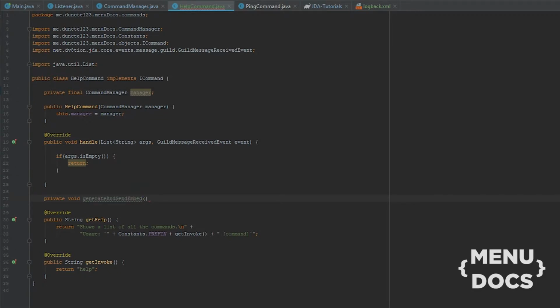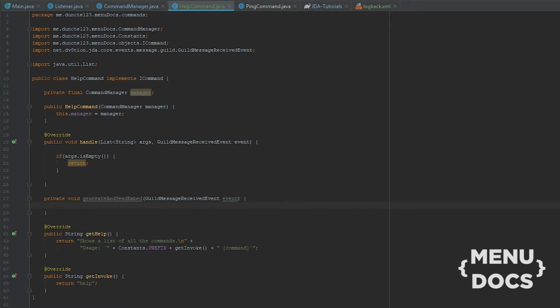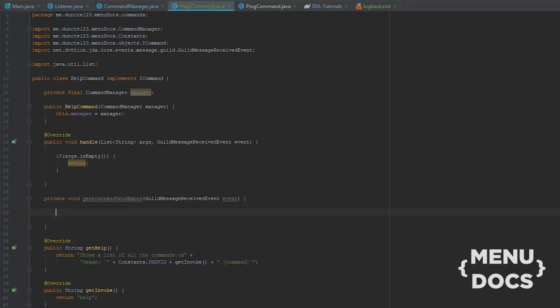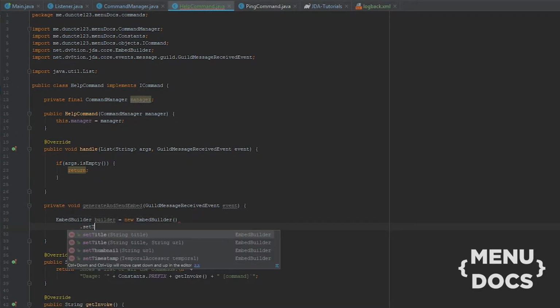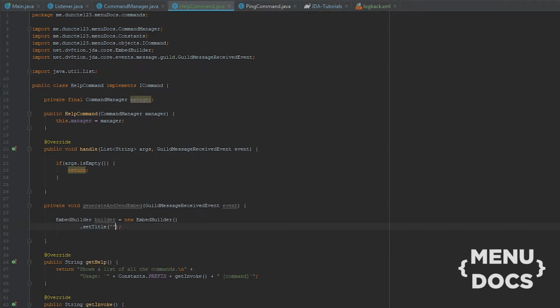And this is gonna take in a GuildMessageReceivedEvent. And you see me type the word embed over here because we're not gonna use a normal text message. We're gonna build a rich embed for this. To send embeds with JDA, you need the EmbedBuilder class. So we're gonna get the embed builder. Builder is a new EmbedBuilder. We're gonna set the title to a list of all my commands: